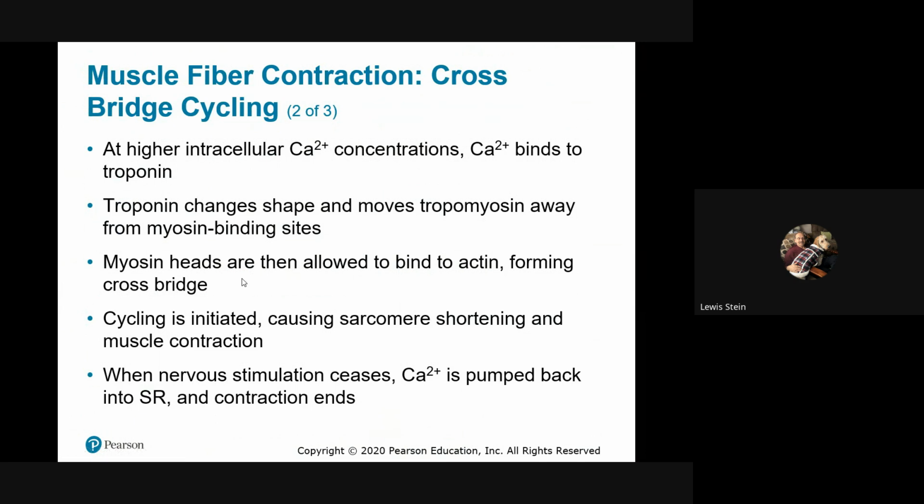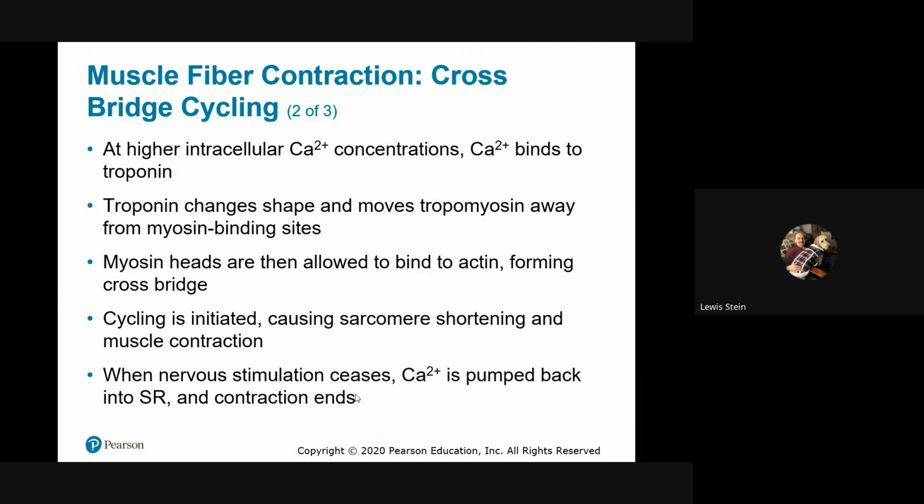And as long as they're exposed and there's ample energy and ample calcium, they will continue to do that, forming a cross bridge. The cycling, and I think you'll see that a little bit in this animation coming up, causes the sarcomere to shorten and the muscle to contract. What happens when nervous stimulation ceases, when there's no more firing and creating of an action potential at that neuromuscular junction or those neuromuscular junctions,